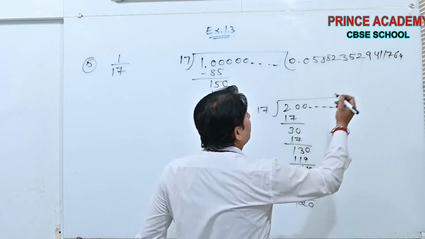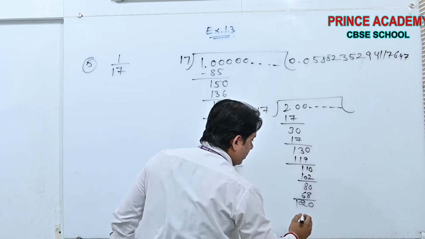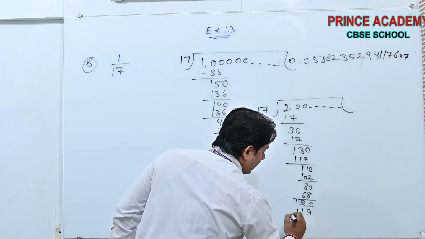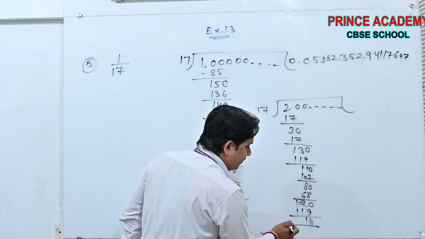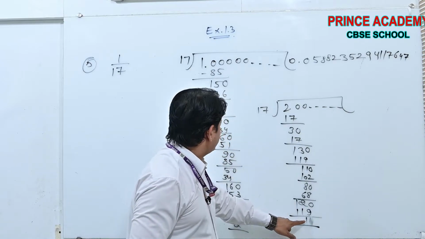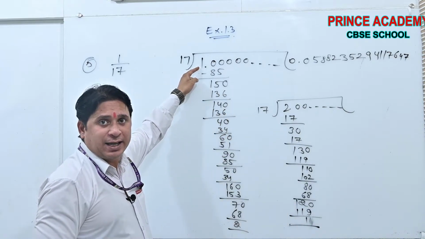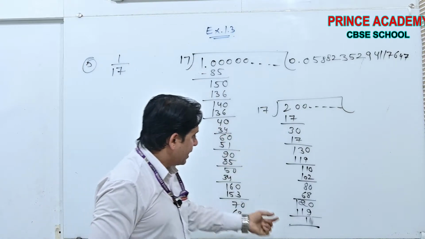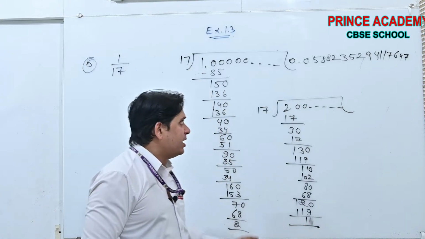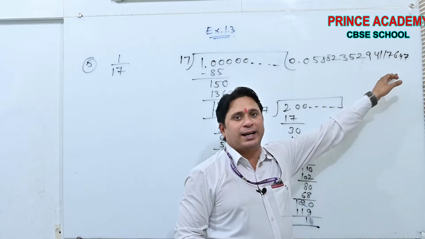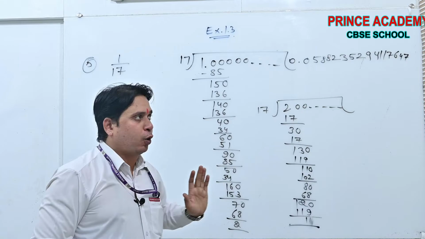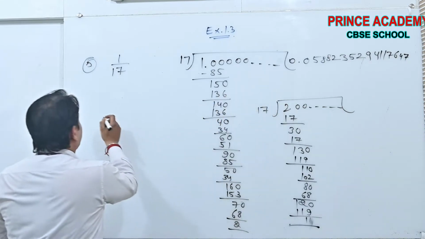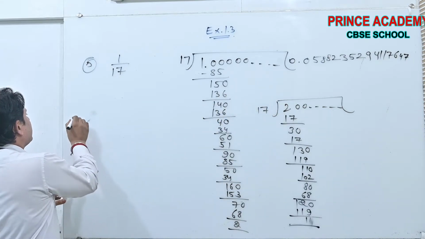I am writing here 7. 119. Yes or no? 10. Yes or no? See beta, after this the same point is achieved, yes or no? Okay. It means if we continue the division, we will get the same result, because one has been achieved here. Therefore, its decimal expansion is 0.05